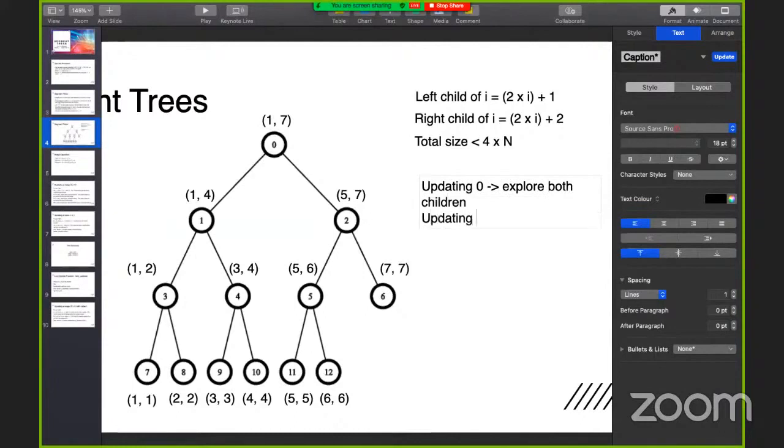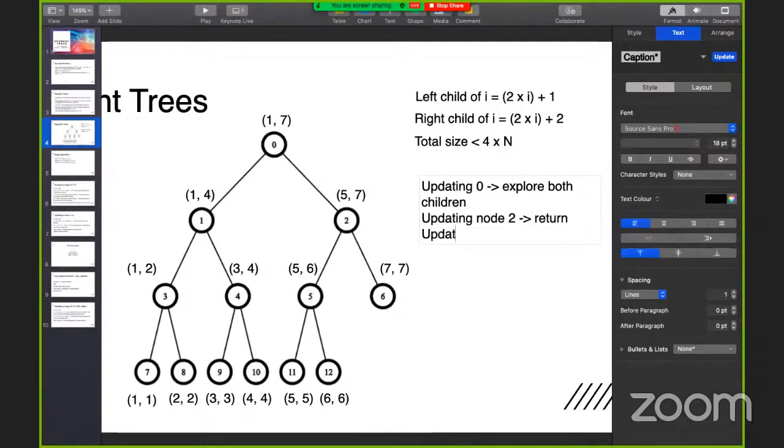Updating node 2, let's say we go to node 2 first because the two children are 1 and 2. We realize that 5 and 7 are nowhere in the range of 3, so we don't need to explore this further, we just return. Then we go to node 1.